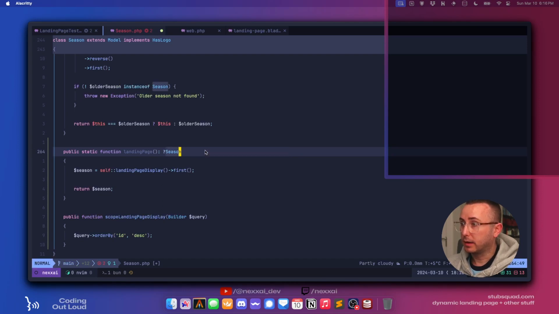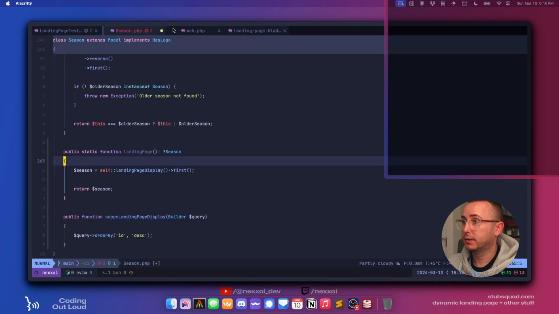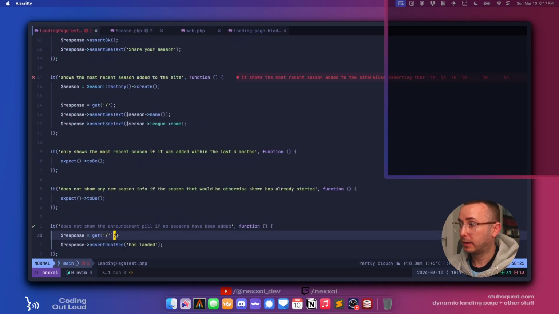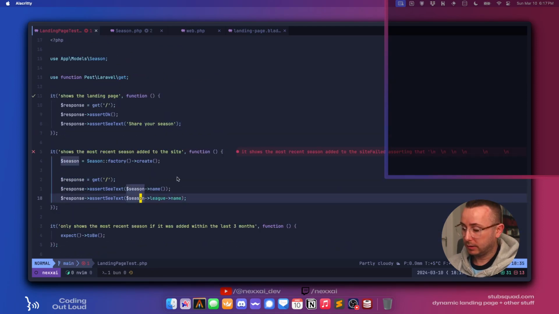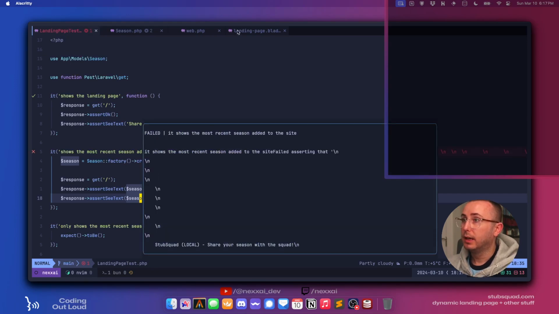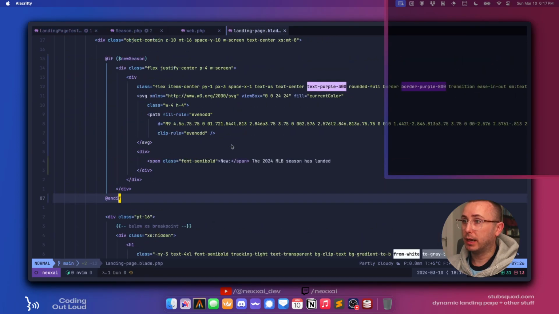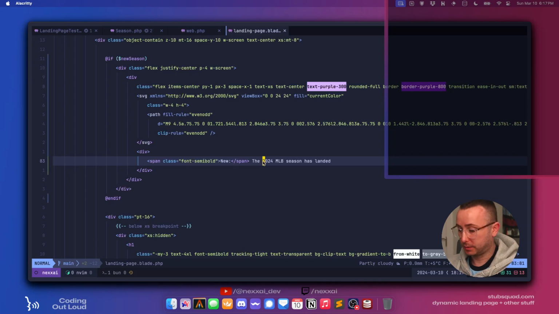Can we just do it like that? Is that valid? Yes, cool. Okay, that test passes. So if there's no season returned, it's not going to be landed. Okay, so we can go back here now, and this is going to fail again because there is a season, but it's not dynamic enough to know what it's supposed to say. So what we really say now is